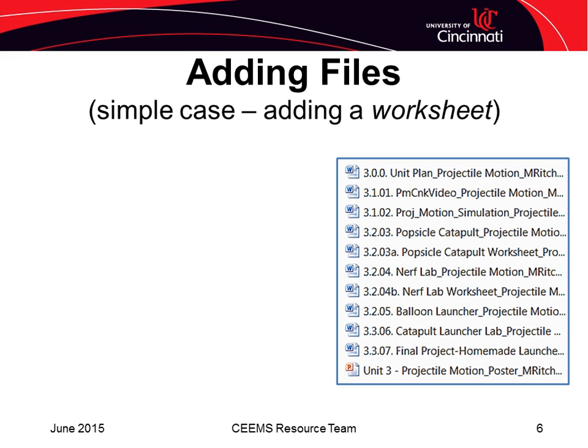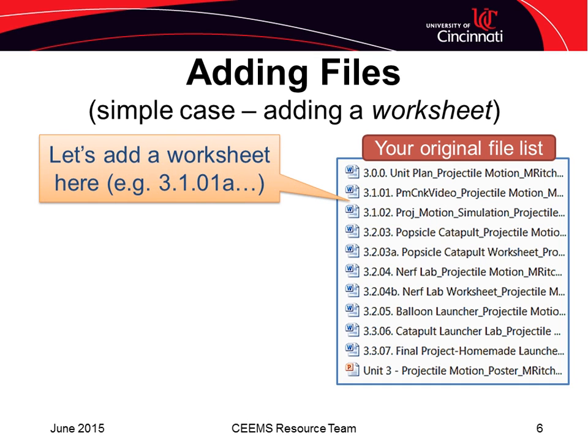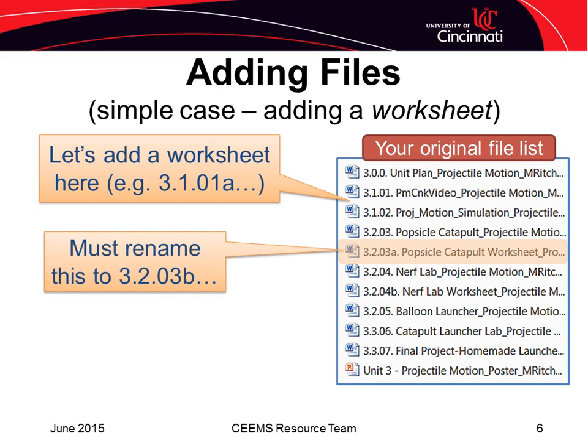Now let's talk about adding more files to your file set. In this scenario, let's assume that you had previously created a number of files for your unit, but now you'd like to insert a single worksheet associated with Activity 1. In this case, it is not a big problem because you can simply name the new worksheet as Activity 3.1.01a. You can then rename worksheet